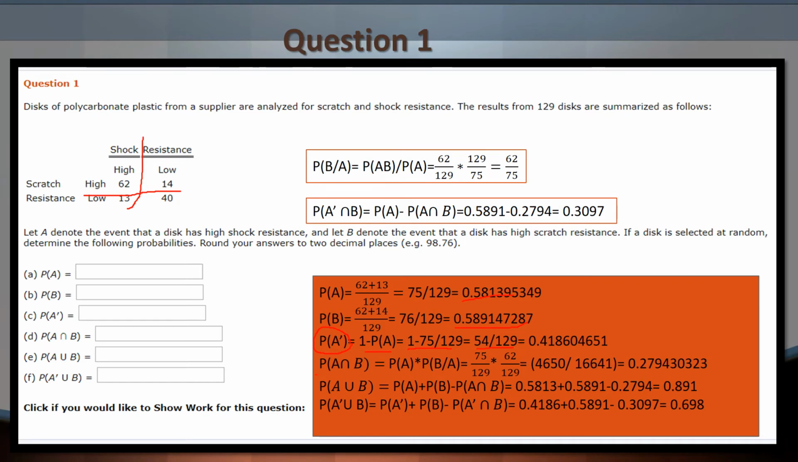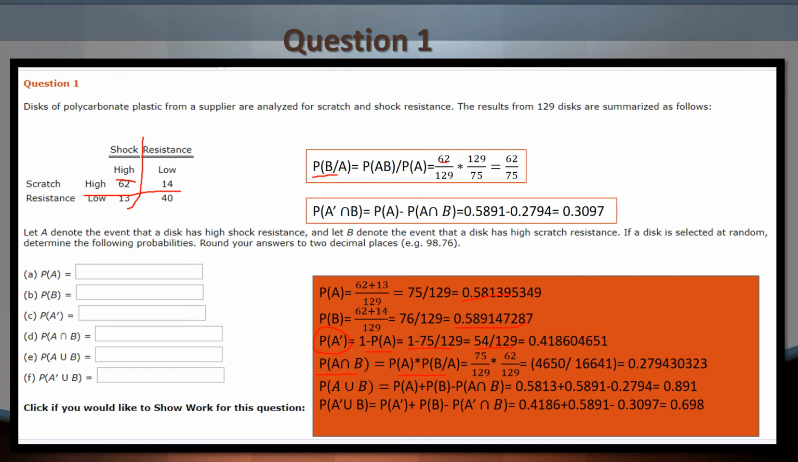Similarly, you have to find P of A intersection B. In order to find P of A intersection B, we need to find P of A into P of B given A. So first of all, we need to find P of B given A. Here I have calculated P of B given A for you, and the formula for P of B given A is P of AB divided by P of A. So P of AB is 62, both high shock resistance and high scratch resistance. So 62 divided by 129,